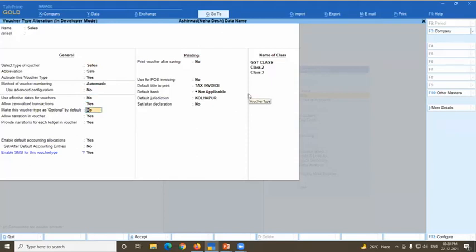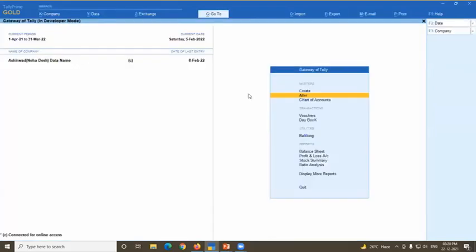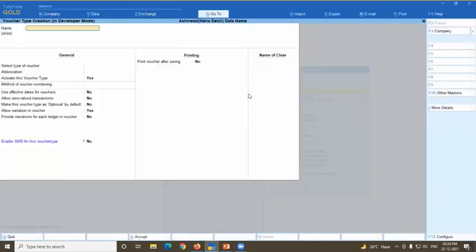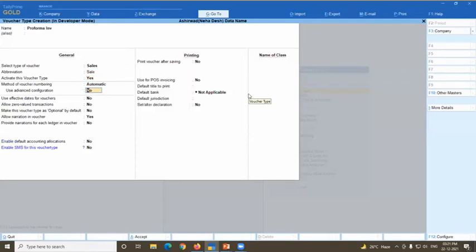Optional means what? Suppose I want to create a pro forma invoice, I want to create a quotation. In that case, you can create it here. See, I can put here create voucher type, pro forma invoice under sales, and numbering is automatic. I can select here, make this voucher type as default. Yes, finish.